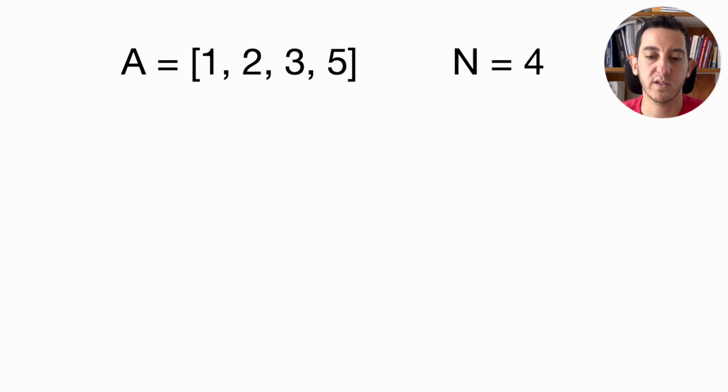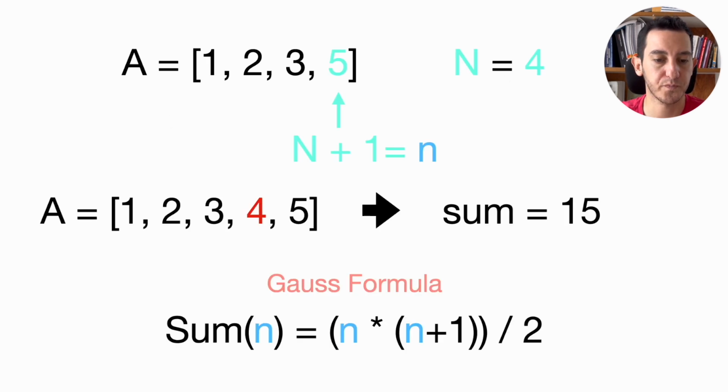here. Okay, so this is the array that we have in the exercise, 1, 2, 3, and 5. I just ordered it so we can understand more clearly. And the length of this array, n, equals 4. So let's dissect this a little bit. The maximum element that we're going to find in the array is n plus 1 because it goes from 1 to n plus 1. Or it could be that the maximum element is just n and the missing element is n plus 1. So in any case, we're going to